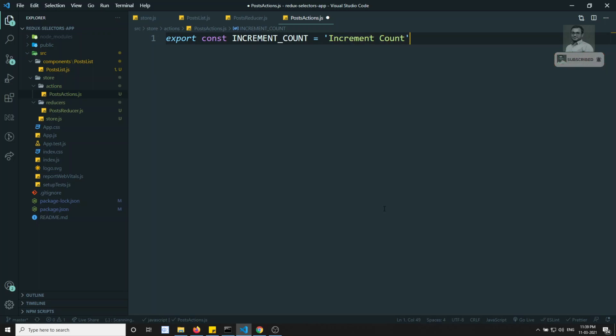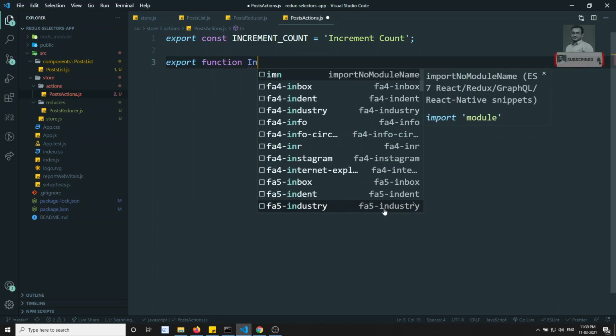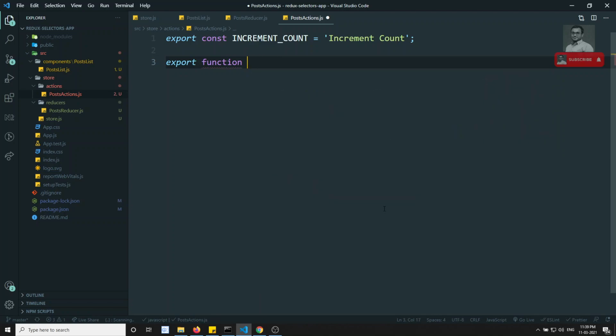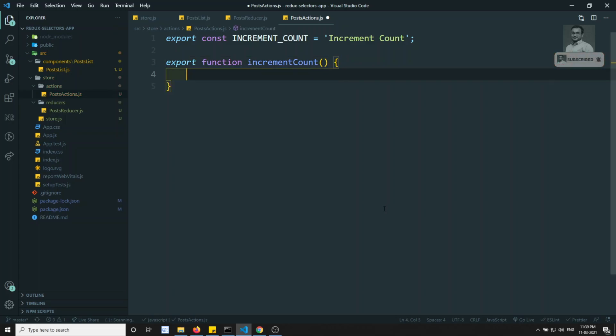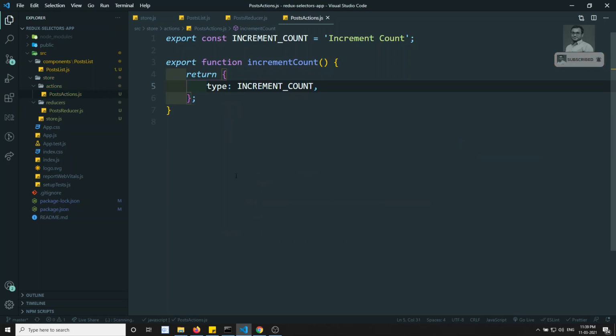Here I will have an action creator, incrementCount. We have already discussed all of these. It returns the action with type INCREMENT_COUNT. That's it, so we have an action creator.